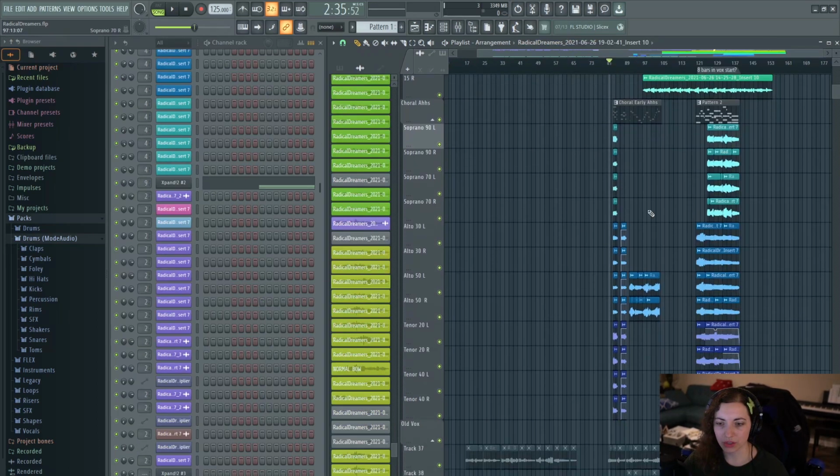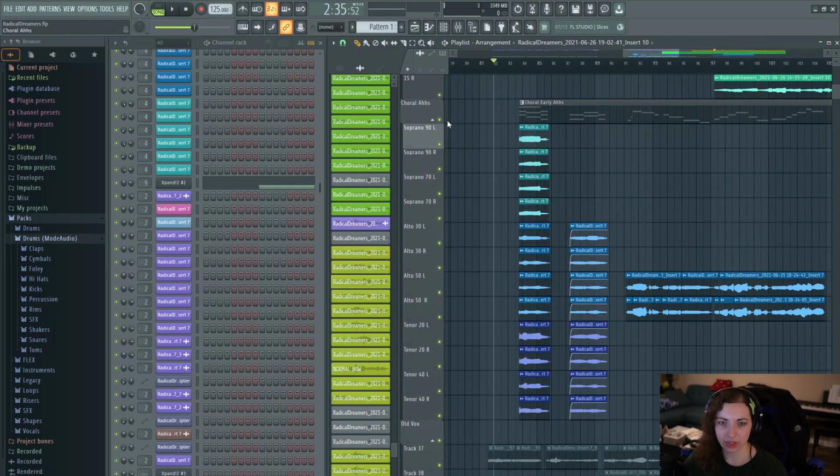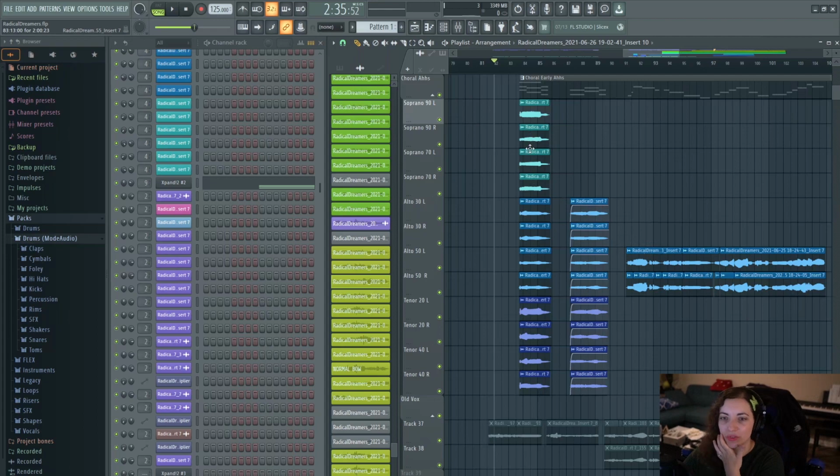Let's go into here. So you have soprano, alto, tenor, and then I pan them accordingly. I like having each of these be a little bit different from the last one. It just helps with preventing what we call phasing, which is an issue when two wave files are very, very identical, you can get some wonkiness happening where sometimes the audio will amplify itself.